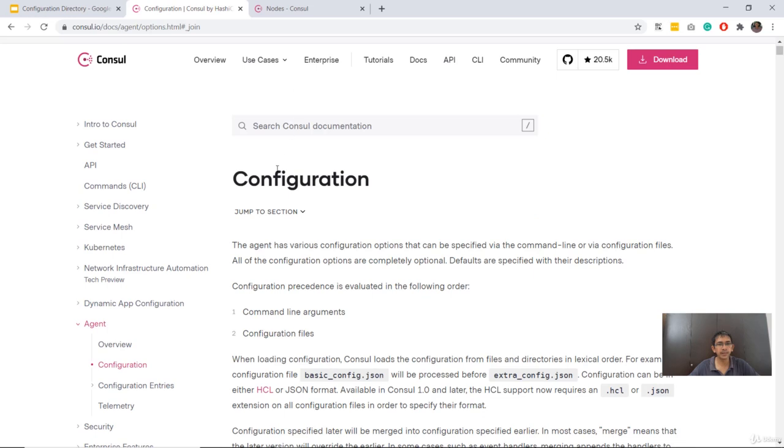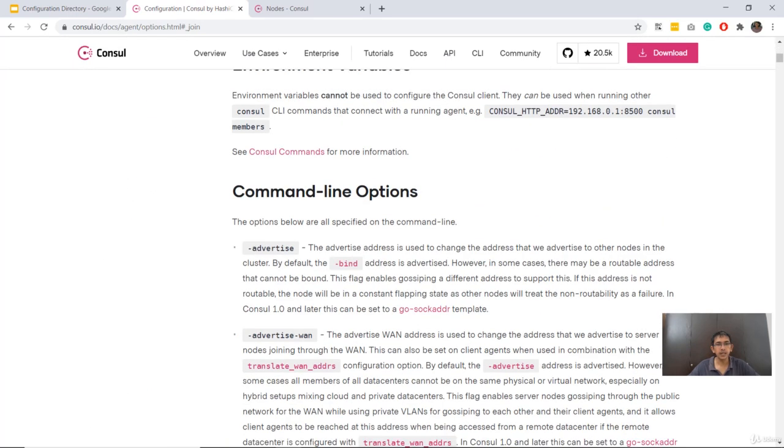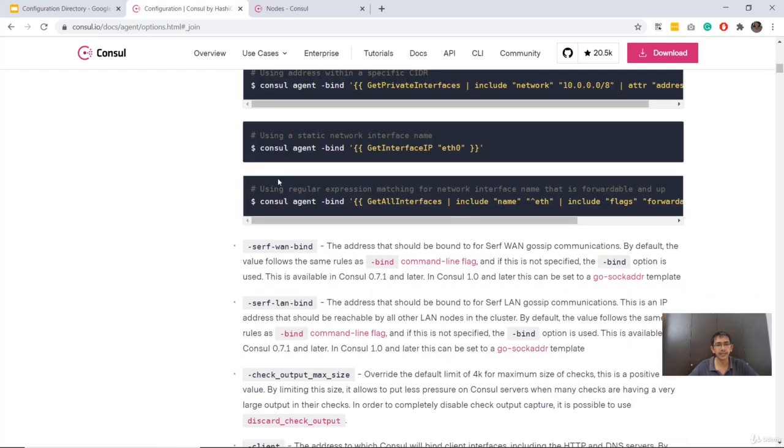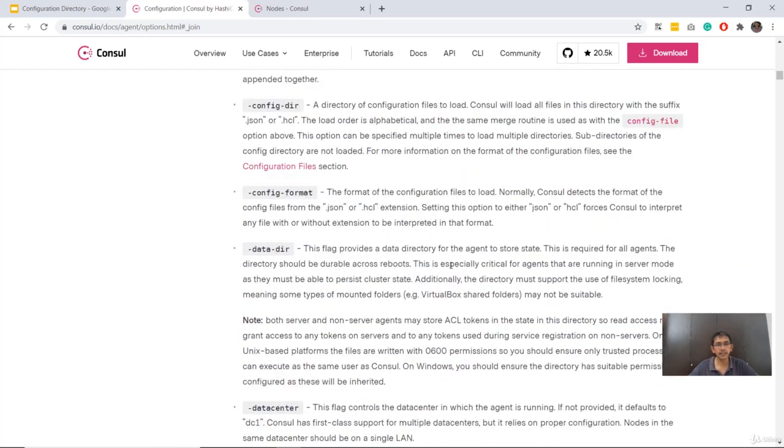Within the documentation where we are looking into the agent configuration, I'll also add a link to this in our GitHub repo. So within the configuration, here you will see that you have a command line option. These are the options that we used to use earlier. However, when you go a bit down,